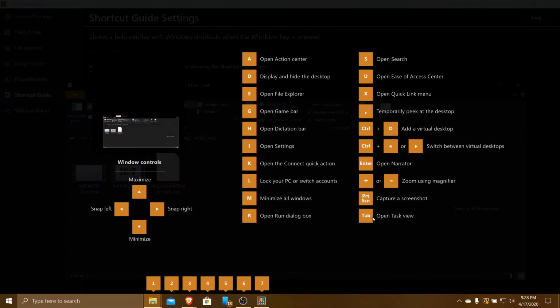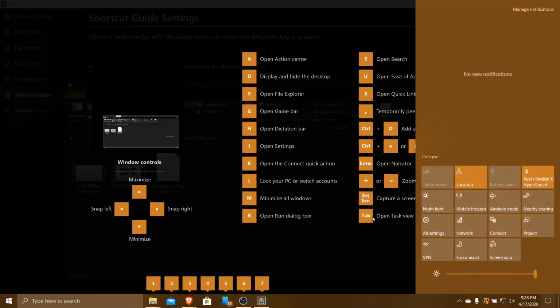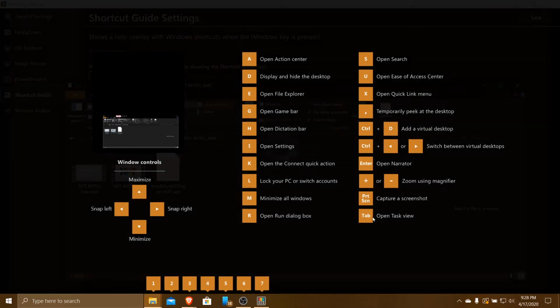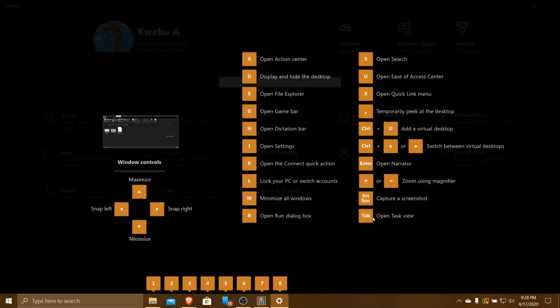Hold down the Windows key. If I want to have the Action Center pop up, Action Center pops up because I hit Windows key A, and I didn't know that was the shortcut, but that in fact is the shortcut for the Action Center. You're looking for settings, Windows key I, and it just tells you what everything is. It's so straightforward. I don't know why it's not in Windows in the first place. This is something that shouldn't be a PowerToy. It should just be part of Windows, because